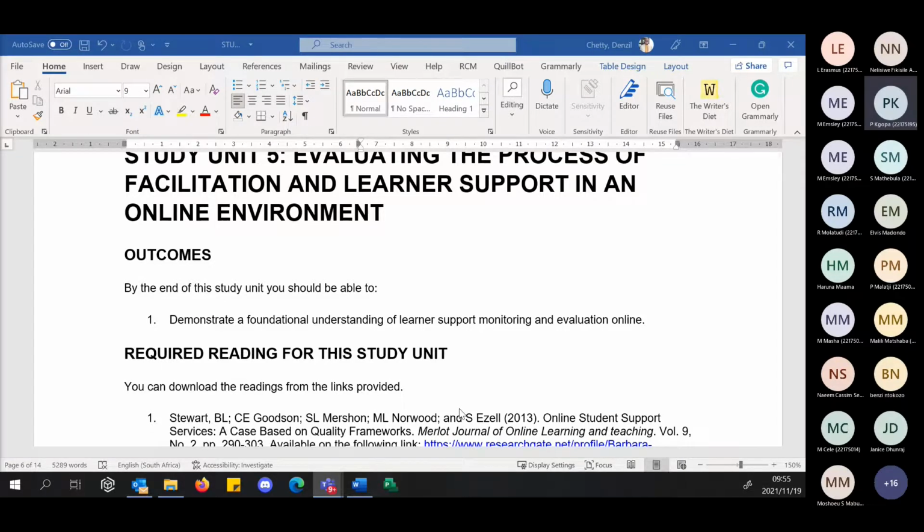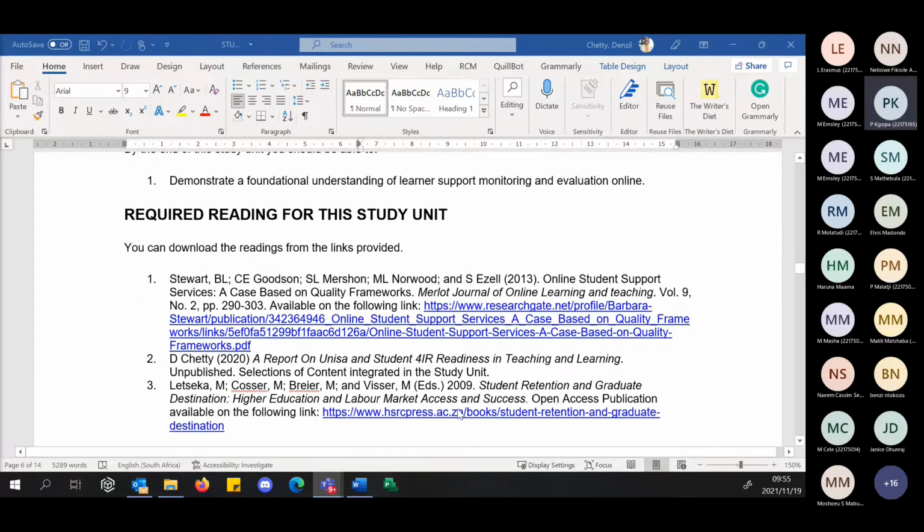It's been a challenge in the 2020-2021 COVID crisis, but we can't ignore these spaces, colleagues, even when we start talking about innovation. So the readings here, colleagues, I give you about 3 readings. The first one is entitled a case study on quality frameworks, and here the authors draw from different universities.